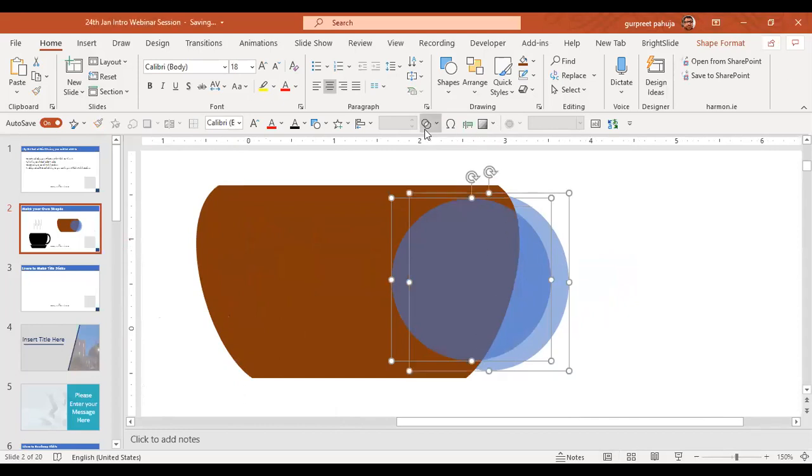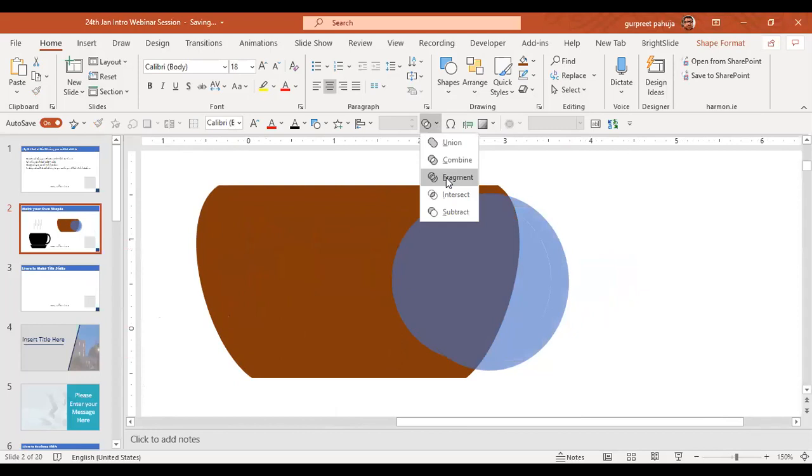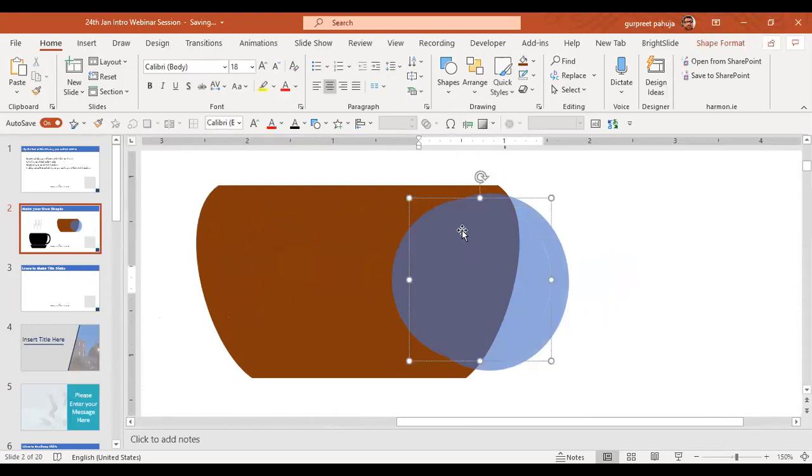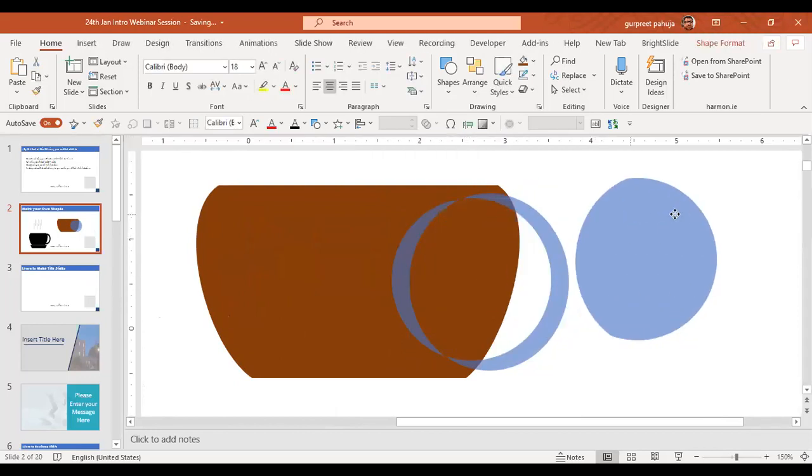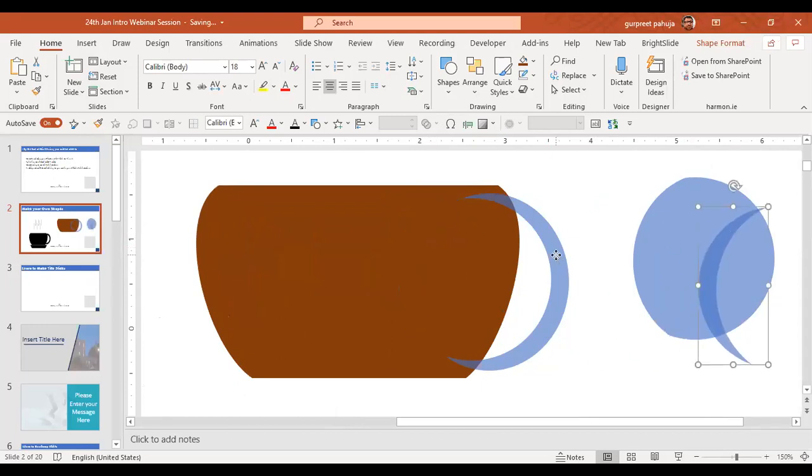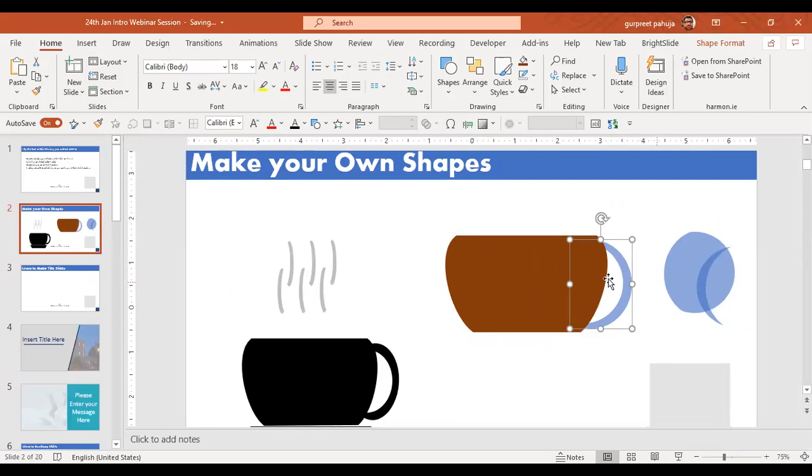I'll select both of them and again I'll do fragment. I will remove this unwanted part and I will send this to back.